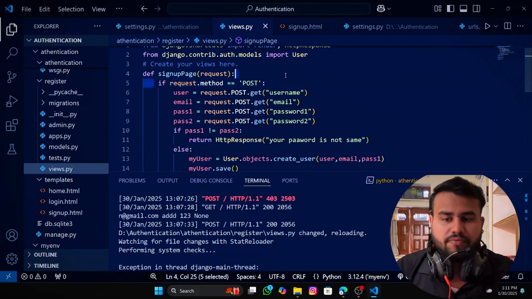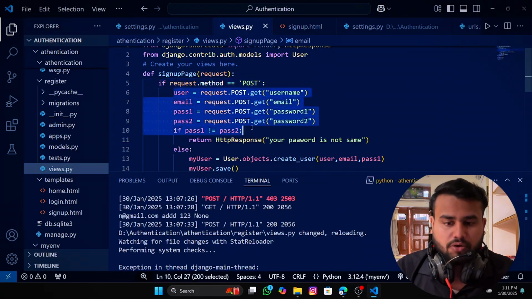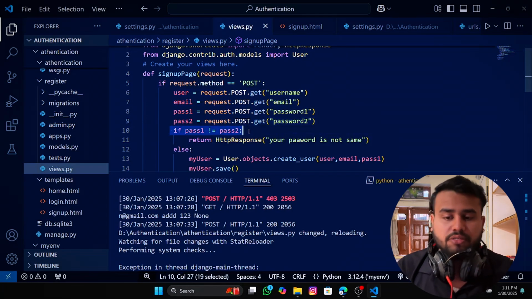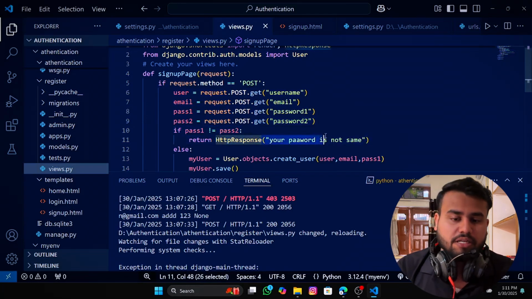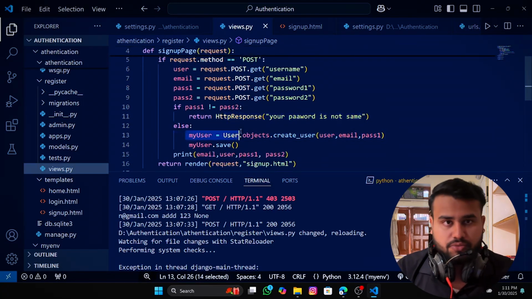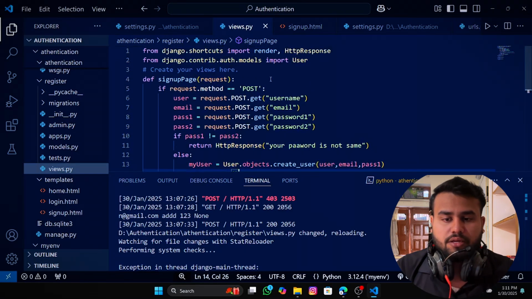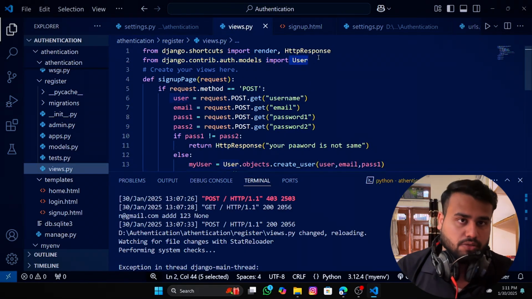At first, we will check if the request method is post or get. If the request method is post, we will fetch all the data from the sign up form. And the next condition, if password 1 and password 2 are not equal, then it will give the response that your password is not the same. Otherwise, it will create a user object in our database with the help of this user